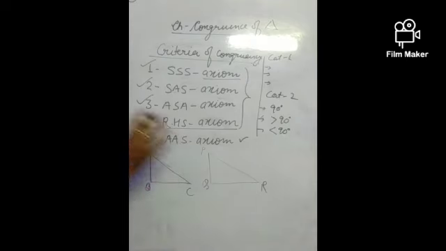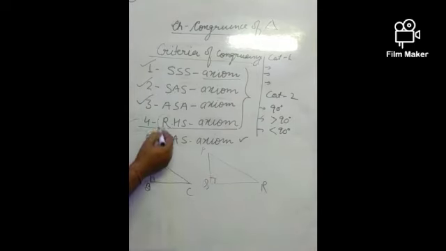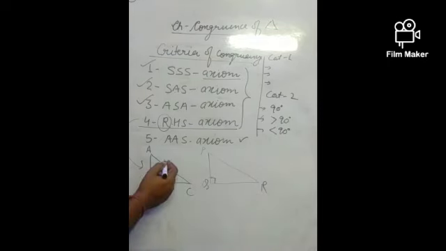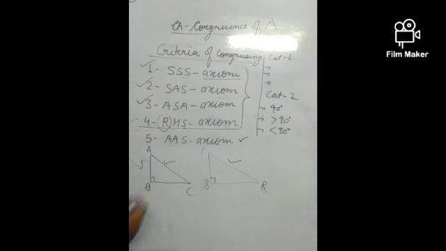Similarly, these two are right angle triangles, meaning in both triangles at least one angle is a right angle. This is the meaning of the R. In both the triangles there is at least one right angle, and the side opposite to that is the hypotenuse, equal, and S means the corresponding side. If you are taking this one side, then this is the corresponding side. So if you are taking the perpendicular, the perpendicular should correspond to the perpendicular, and the base should correspond to the base. So this is the fourth criterion, and the fifth one is actually the derivative one.